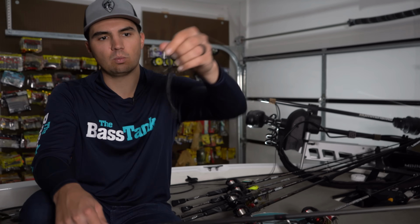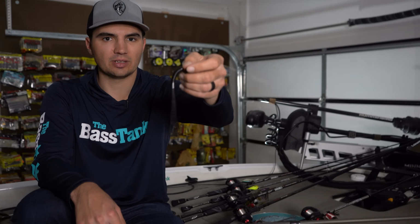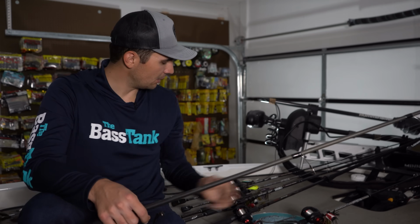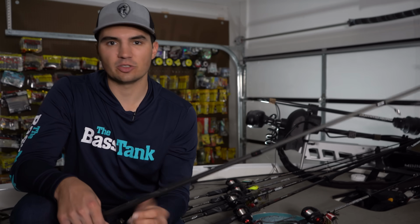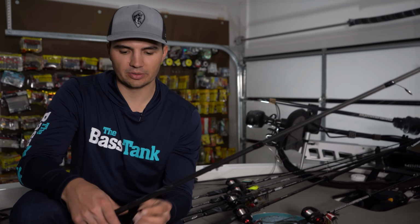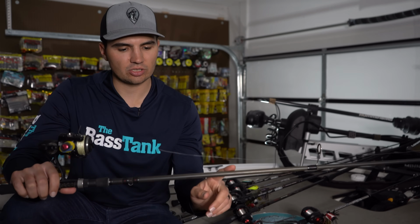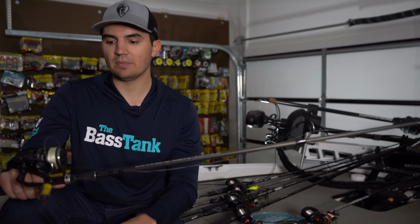I'm throwing the black Zoom Trick Worm just because we're fishing in dirtier water, 2 feet and less of visibility. I went with green pumpkin for the other baits, basically, or like peanut butter and jelly. That's a good color in 1 to 3 feet of water visibility. And I'm just pairing that with a 7'4" medium action Quantum Smoke S3 rod,